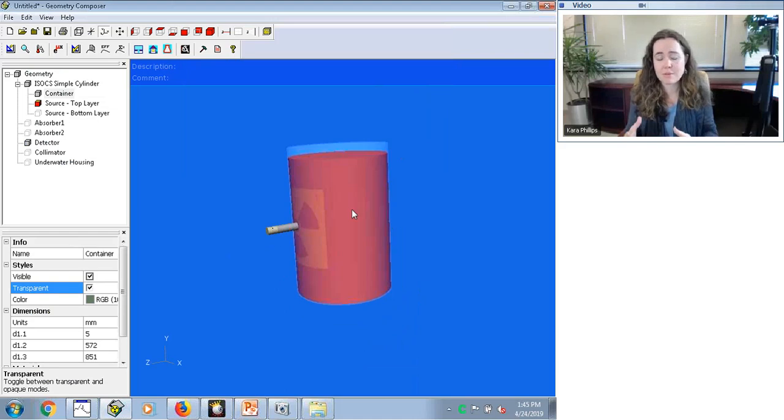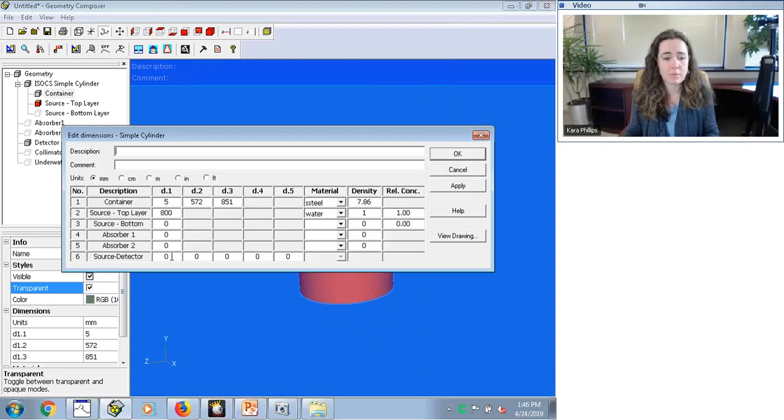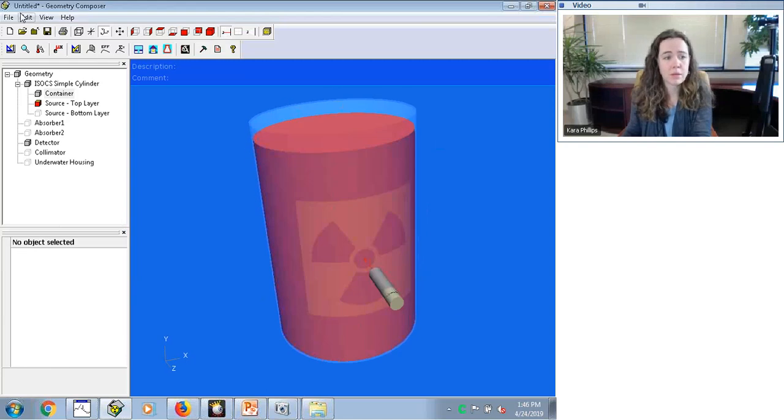So we did a pretty simple one here, but there's a lot more complexity you can add, such as different fill heights, hot spots, different matrices, whatever's necessary to adequately represent your measurement geometry. I can go ahead and move this detector back a little bit too, if we need to do that. So I can edit my dimensions, and let's move the detector back about 10 centimeters here. When I'm confident that I have adequately represented my geometry, I can save that